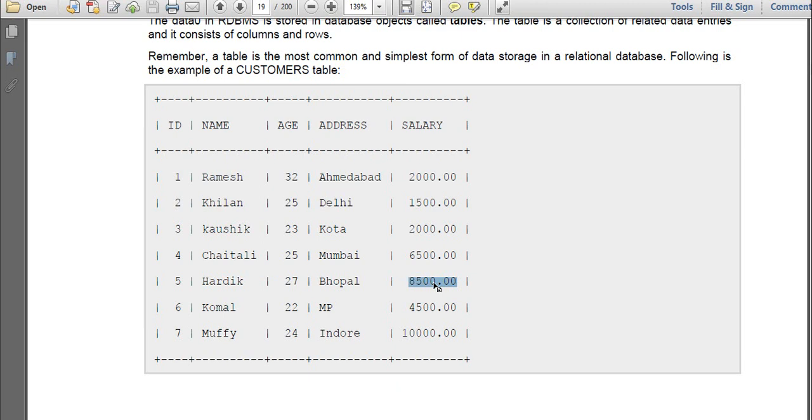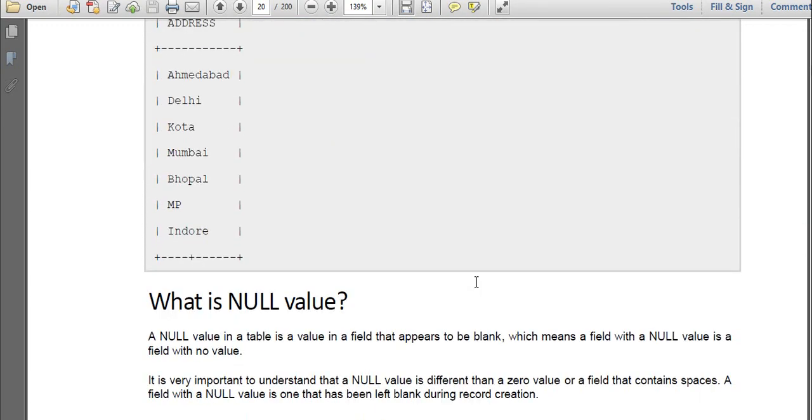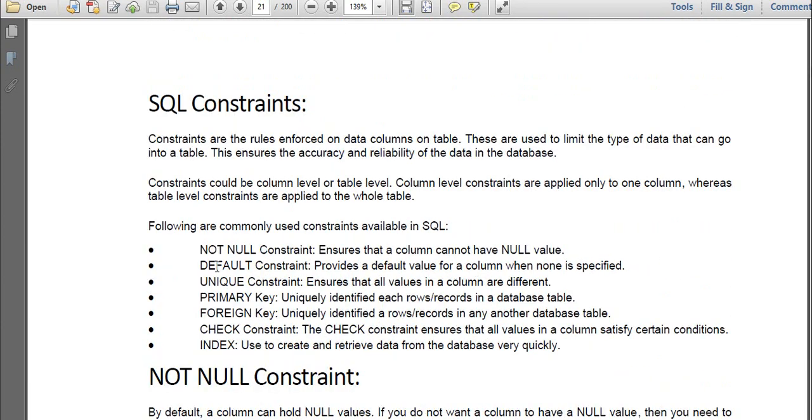1500. If I enter a value, it will take whatever value I have entered. But if I didn't enter any value, then it will take that default value if I set the default value equal to something at the time of creating that table. So that is default constraint. Okay na? Have you cleared about these two, null constraint and default constraint?